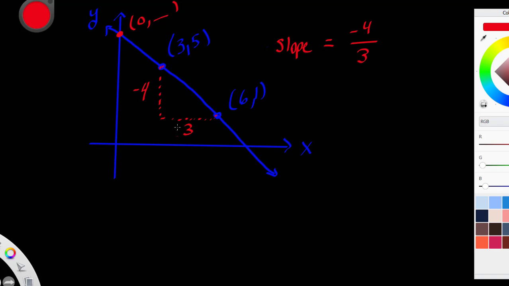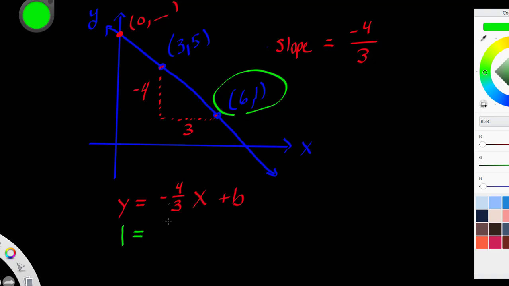Now I know what the slope is. Let's see if I can figure out what the y-intercept is. So far I know that y equals negative 4/3 times x plus b. Now here's the neat thing: this equation will work with any y or x that I plug in that's on this line. So let's go ahead and pick this point to plug in for my x and my y. So my y is 1 equals negative 4/3 times my x is 6